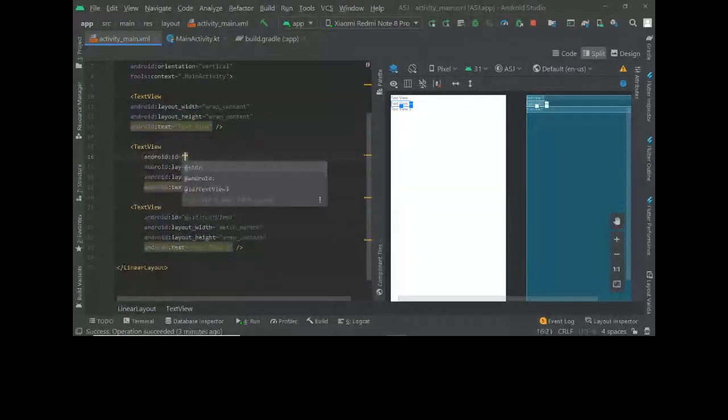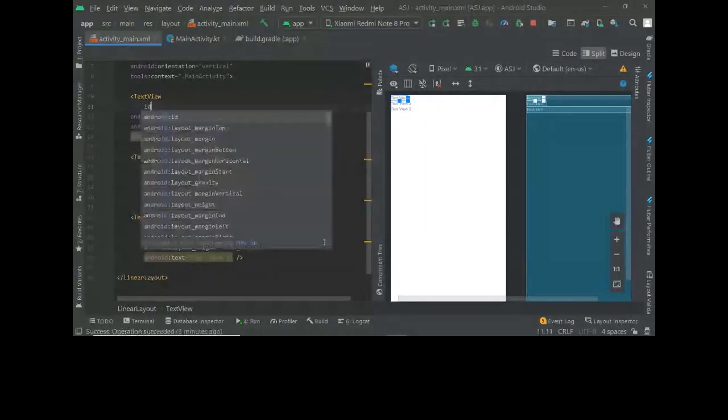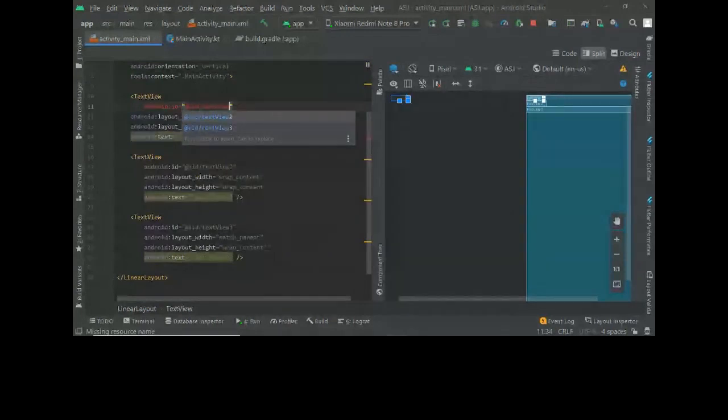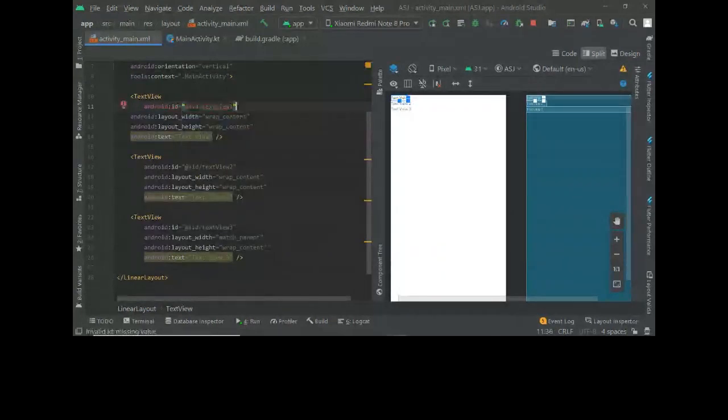ID, text view, text view. Okay, so that is that.